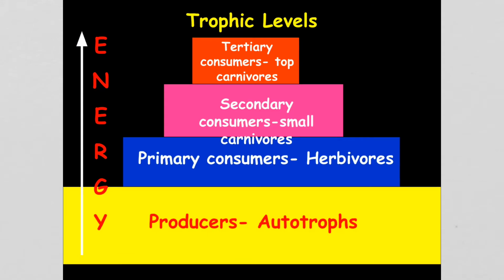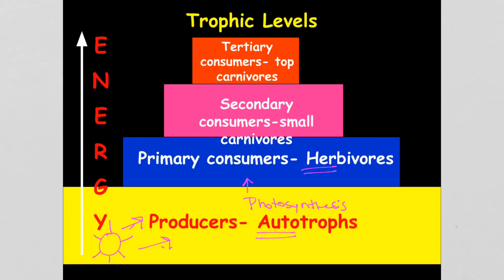All right, so this is a not-drawn version, a more organized looking version than the one I just drew. Again, it shows the producers at the bottom. Remember, autotrophs produce their own energy, 99% of the time by way of photosynthesis. So all energy ultimately comes from our friend the sun, and it's coming in by way of these producers, which are generating glucose. And then when they're consumed by primary consumers, remember herbivores are plant eaters,